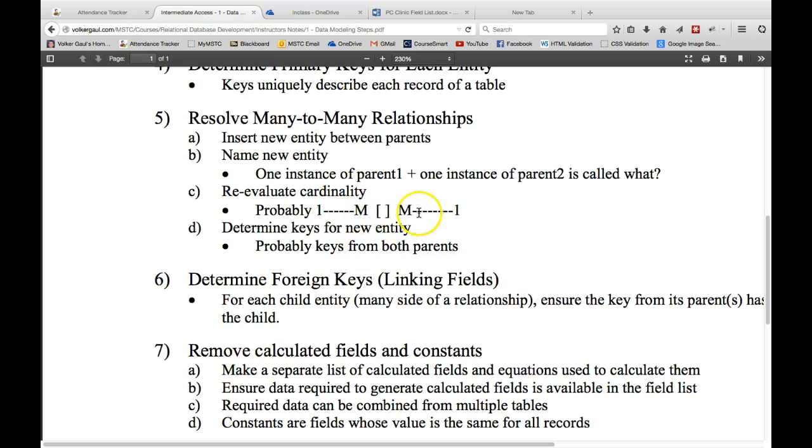For right now, realize that most of the time, this is that box you just added. It gets the M's, and the 1s go back to the tables that we had there before. Most of the time that works. Still got to analyze it. Sometimes it fails, but most of the time it works. Then we need to determine the keys for the new entity. That box that we just created in between, that enrollment table, what are the primary keys for that? And as it turns out, it is probably the keys from the two parents. If I want to describe Matt in this class, and register a class,